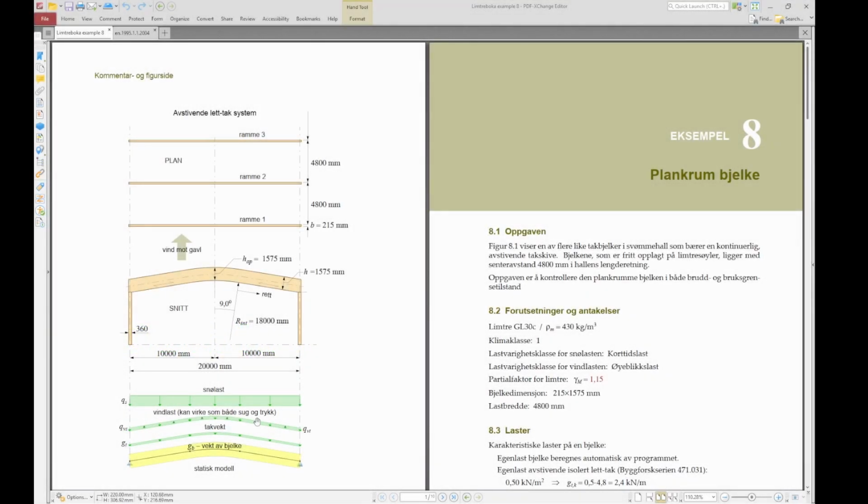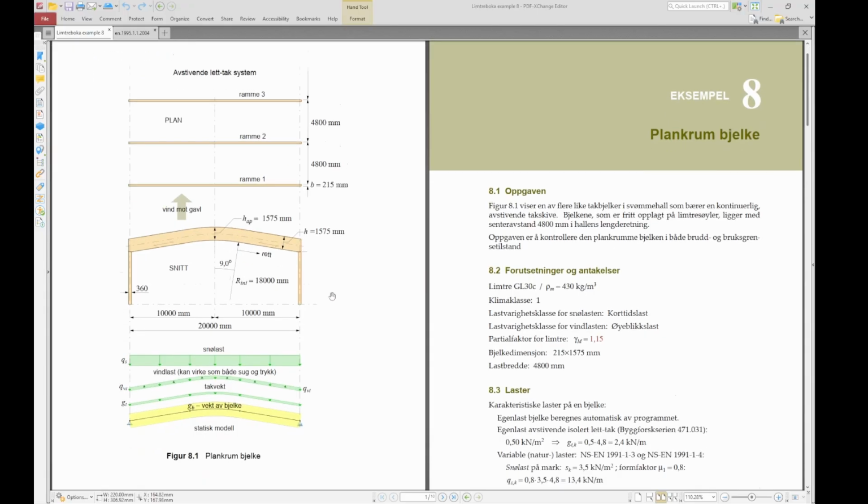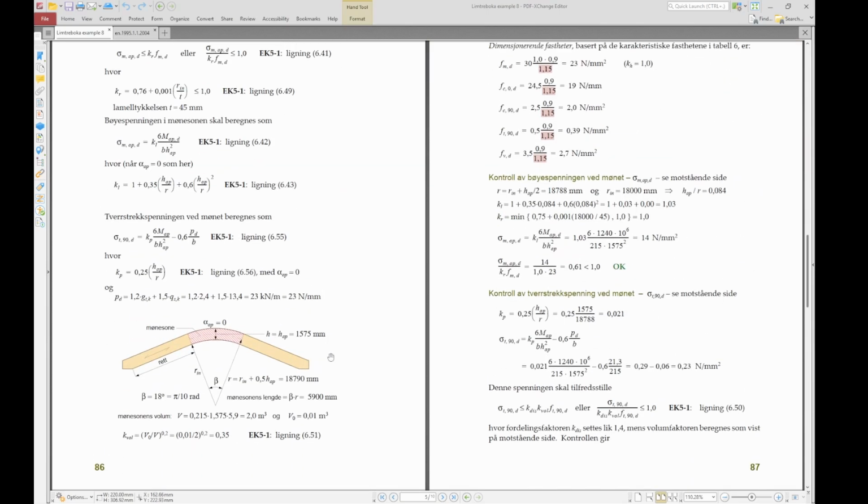So let's continue with the next example, example 8 in the Limtrebok. This one is a curved beam with a length of 20 meters, resembles a little bit the last example we had, and the opening in the apex with the radius is 9 degrees. So if we just go through the example, continuing here to the next slide, there are some special checks that need to be done, and the check which is concerning the apex is this one,